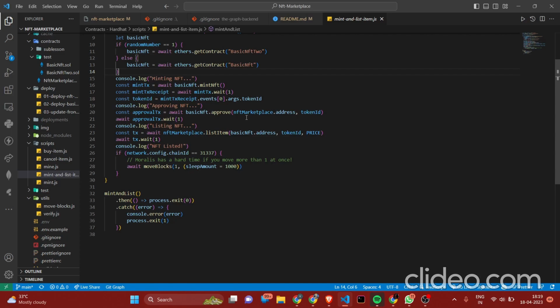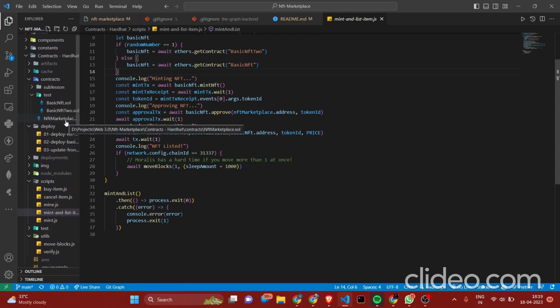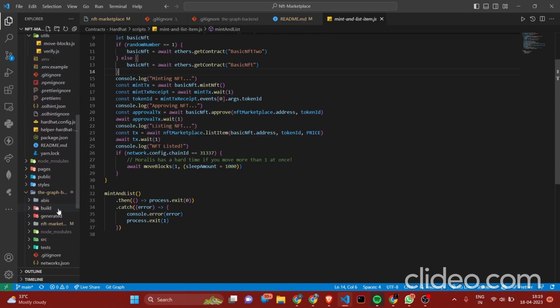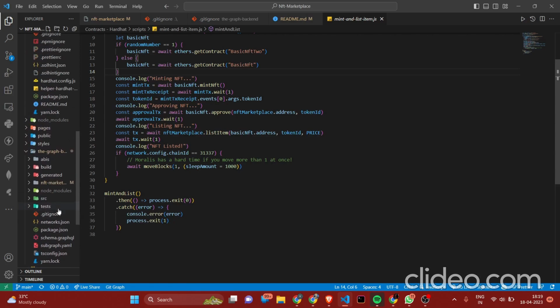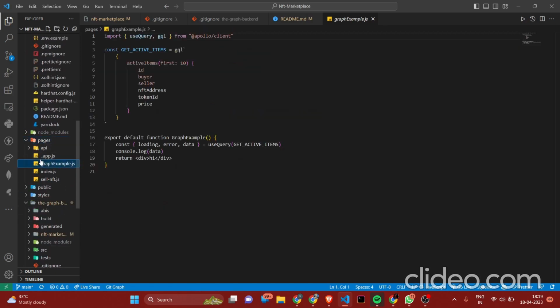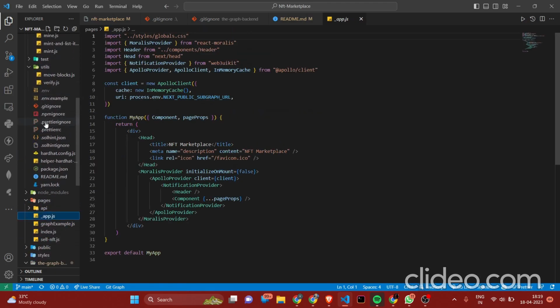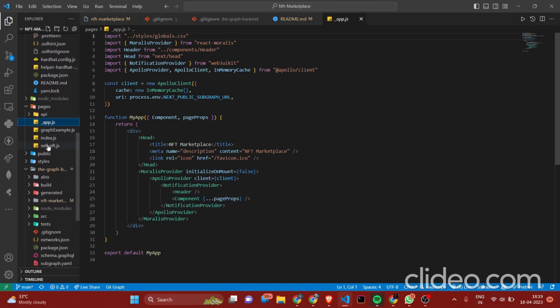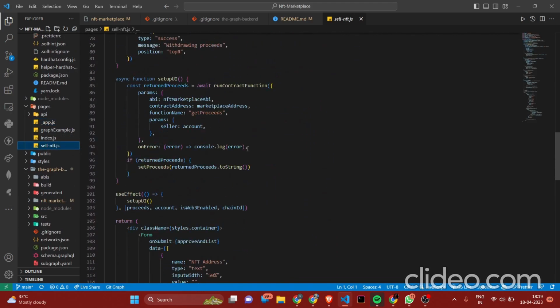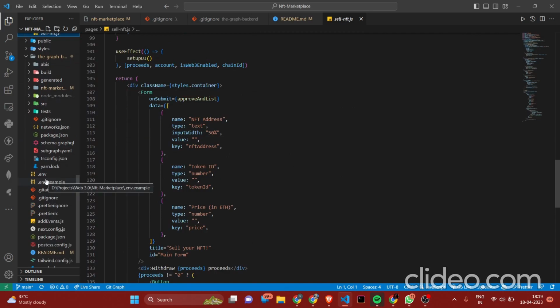This is basically the front end part, and I have used Next.js to create the interface. These are the pages I have used. This is the app component. This is the set NFT component. Here, to check the events, to list out the items which got listed,